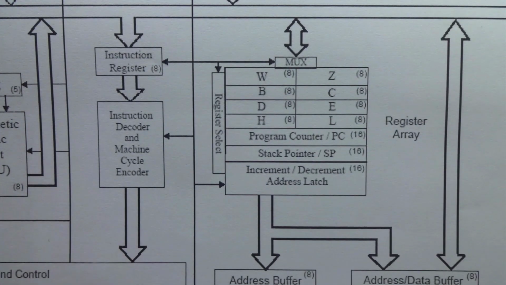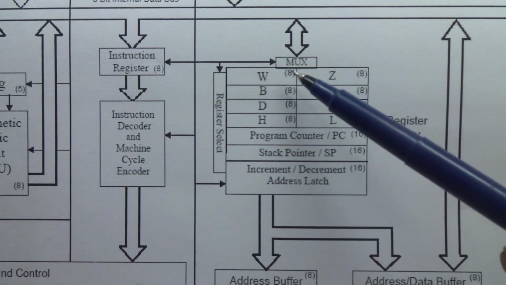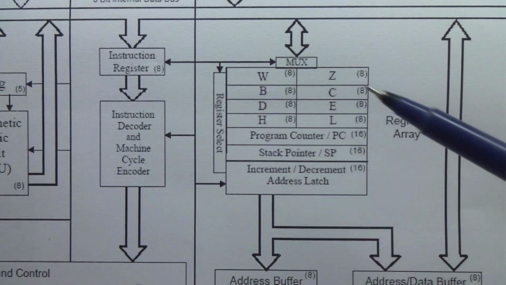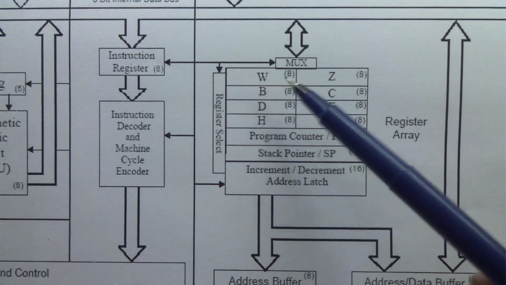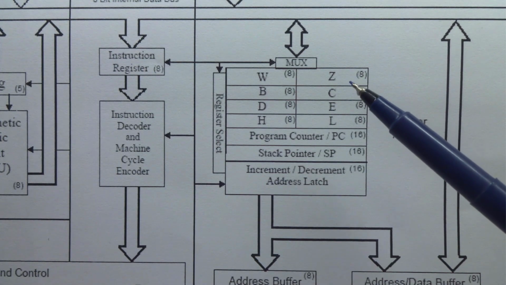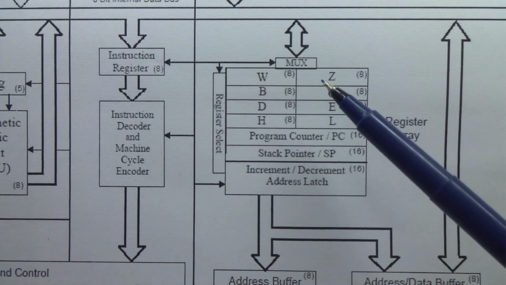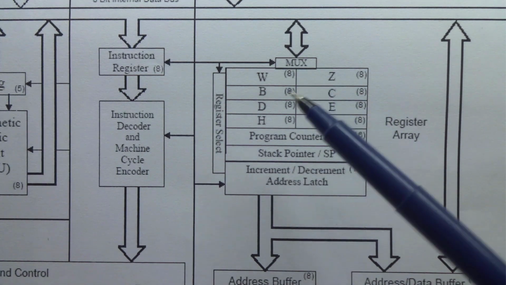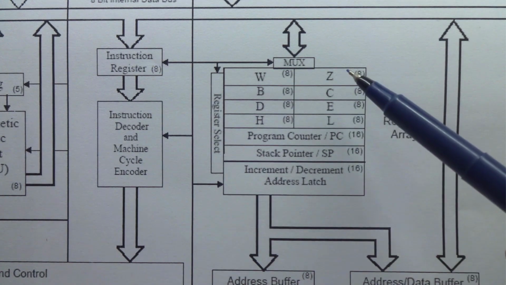Now we see about the registers of 8085. As seen in the architecture of 8085, these are the registers. First are the W and Z registers. Each register is 8-bit wide. The W register and Z register are not accessible by the user. The user means the programmer. These two registers are temporary registers which are utilized by the 8085 core. So we can't utilize the W register and Z register.